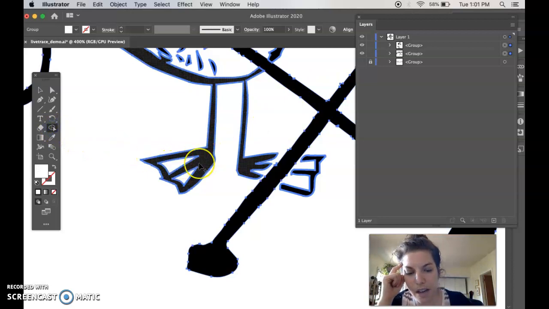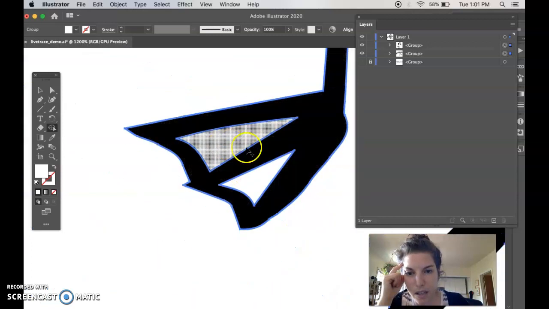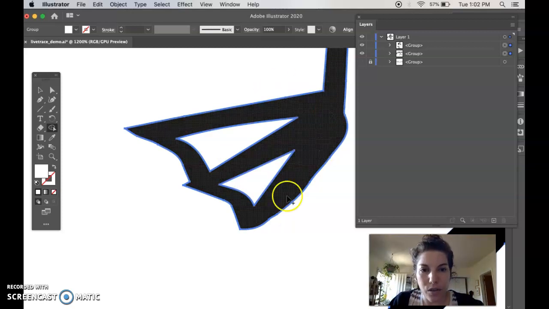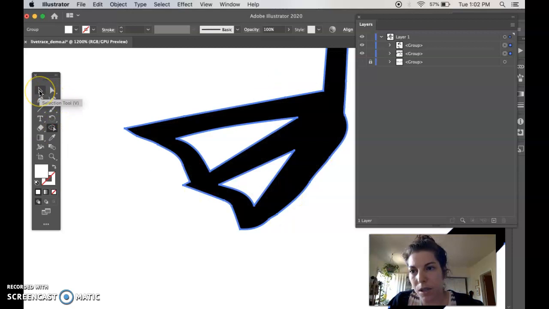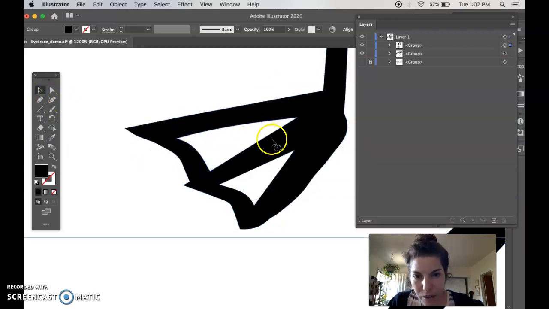With the Shape Builder tool I can see that this is a shape. I'm going to press Option, or Alt on a PC, and you can see that next to the arrow there's a little minus sign. With this minus sign, I am trimming out of the foot, the larger object behind it. I'm going to go back to the selection tool, and now when I select that,